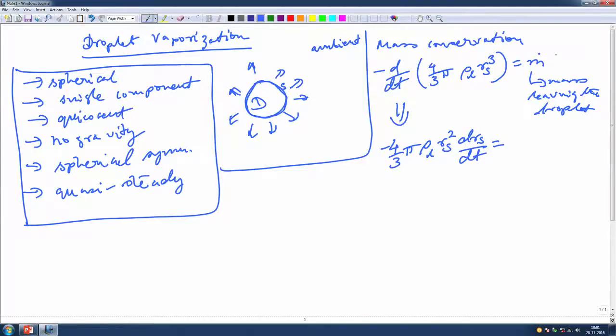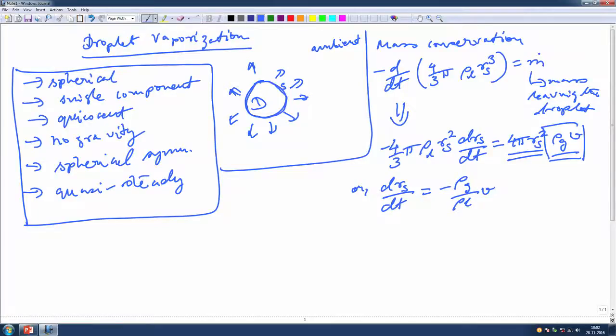The right hand side, if we write it in terms of the gas phase flux, is R s square rho g into some velocity, correct. Is that not correct? This is the mass flux, this is the area, and this is the flux with which the gas is actually leaving. These two have to match, because whatever mass deficit is happening in the liquid has to be carried out by the vapor in essence. So, if we do this, it will become rho g by rho L into V,